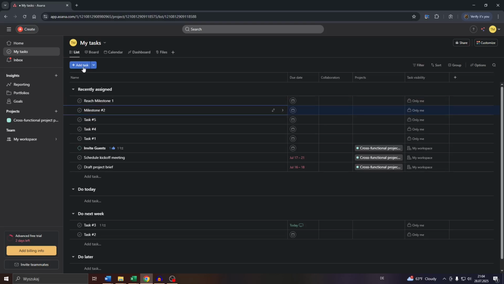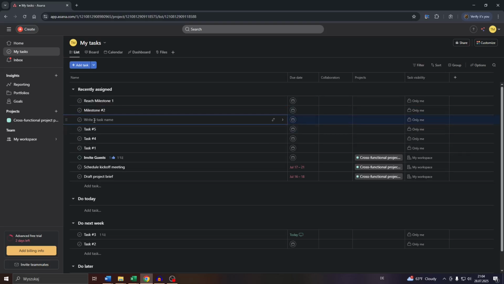Start by clicking on that button here to create your task / milestone and give your milestone a name. So let me name it, for example, milestone number 2 or number 3. And after that, you may customize and edit your milestone by clicking on that arrow to the right icon here,